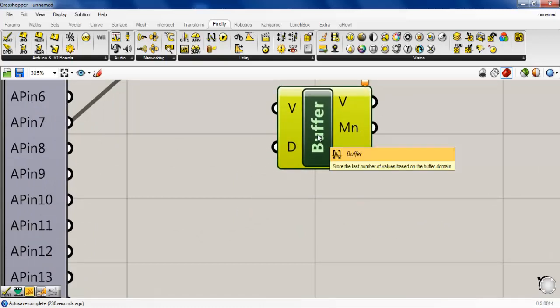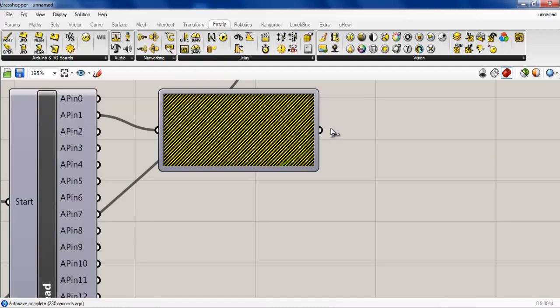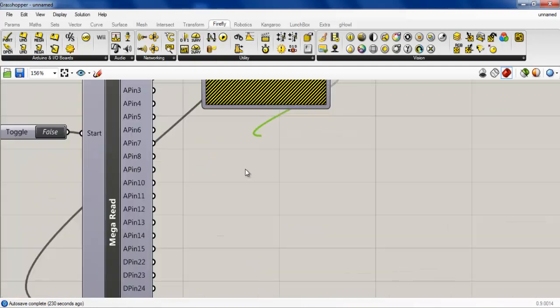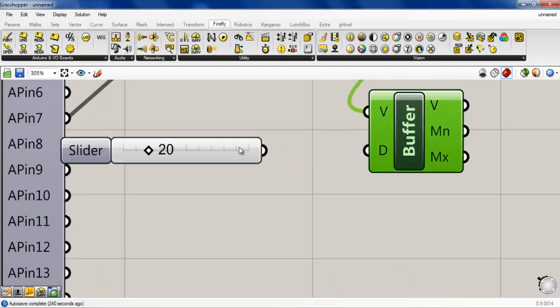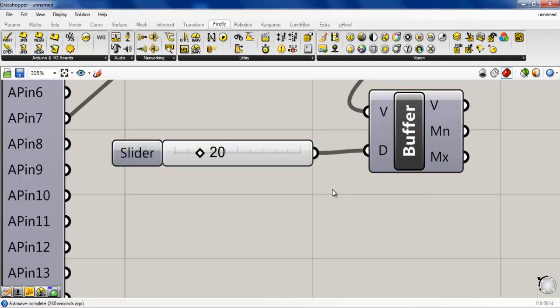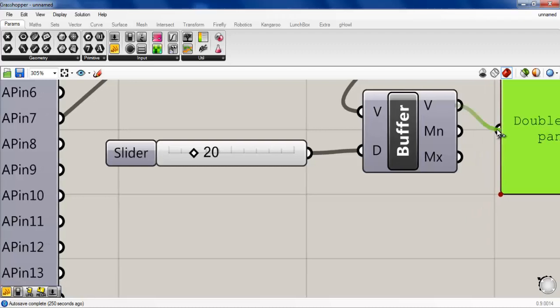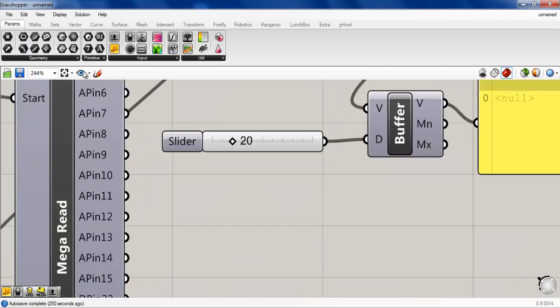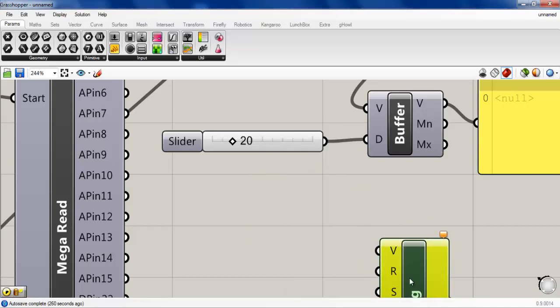After that, here's the first data log method, and this one is buffer, where you plug in data at D, and D stands for the domain. So here we have 0 to 20. And so what is buffer? Buffer inserts the new data at the beginning, and hence it shifts the previous one down the